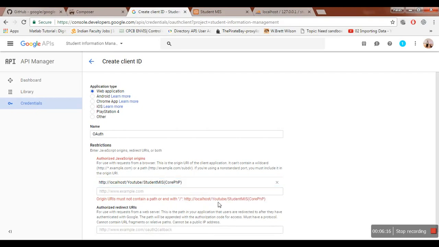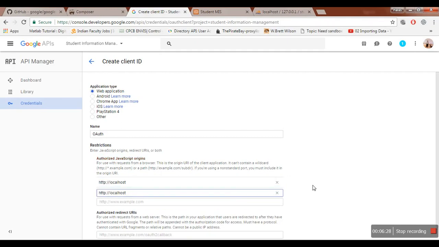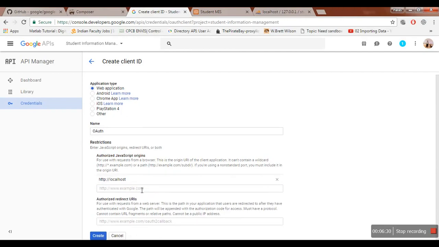So it says you are not allowed to do this, so that means here you just have to write. Let me copy this one whole so that I don't have to write it again. Here you just need to type in the server address. It's optional anyway. If you don't want to write it, fine, but if you are writing it, it should be your website name. So if, let's say, I'm working on Facebook, it has to be http://www.facebook.com.